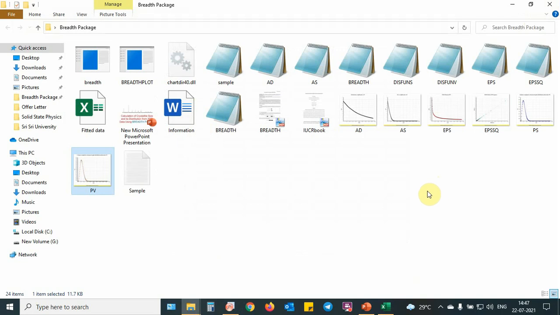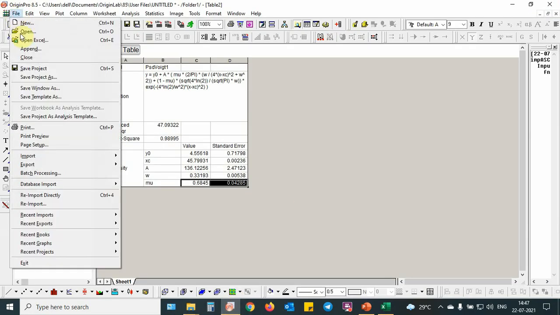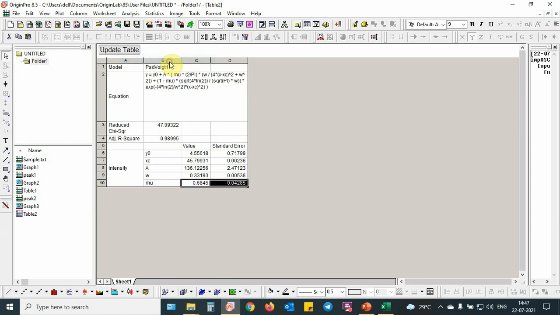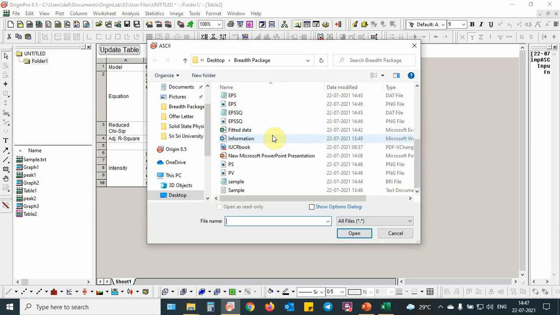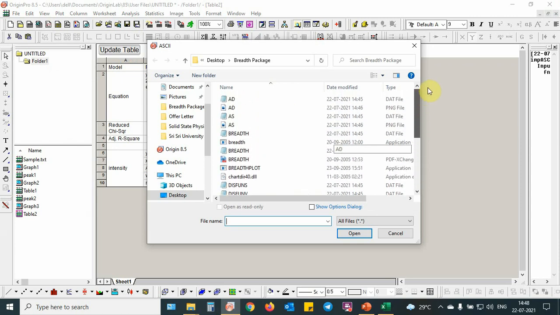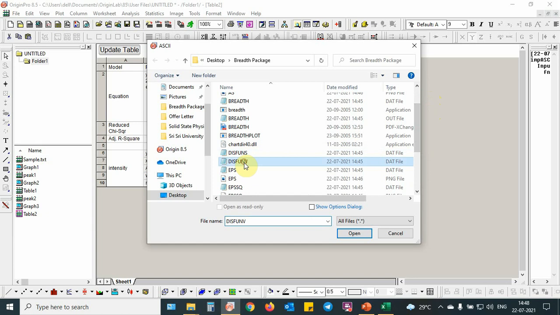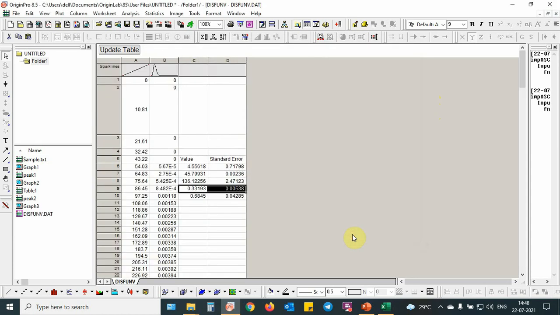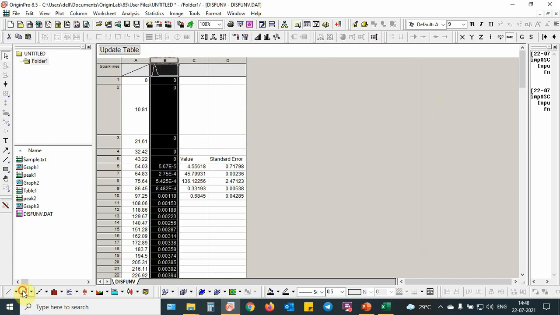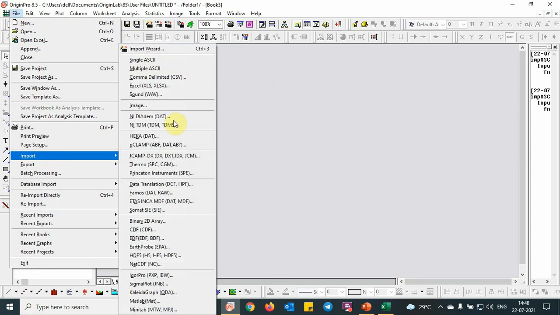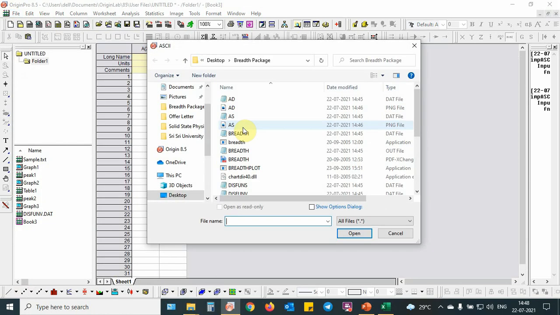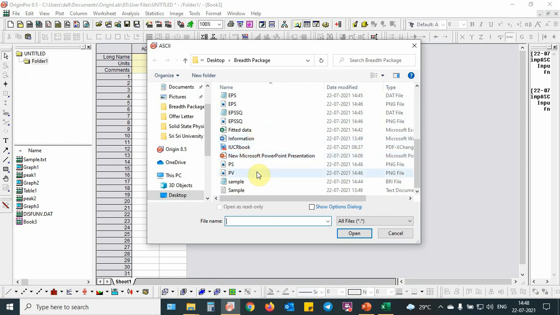Now I am going to show how to plot this data. You can again do File, Import, Single ASCII. You can go and you see that there is a volume distribution function PV. We need to see the PS distribution function volume, yes. Sorry, I need to import it again. File, Import, Single ASCII, volume, okay, I got it.